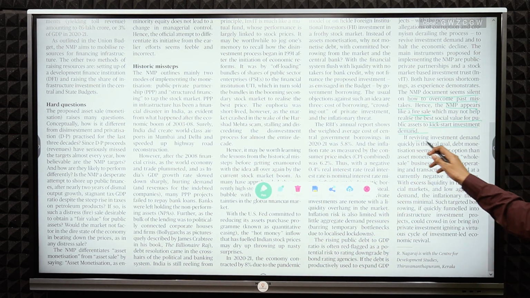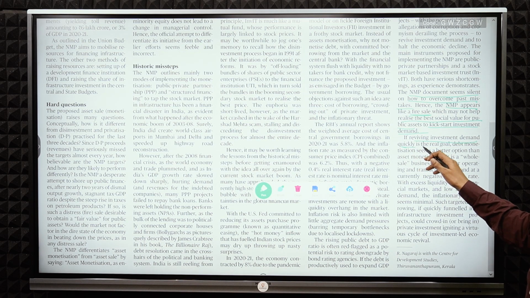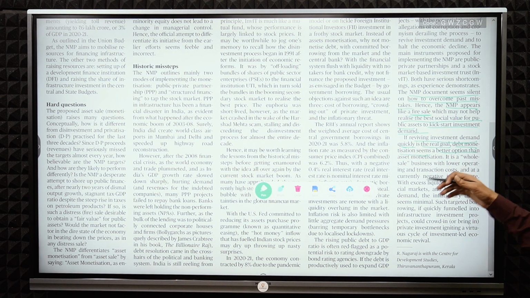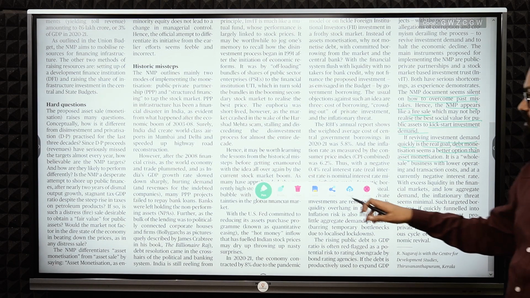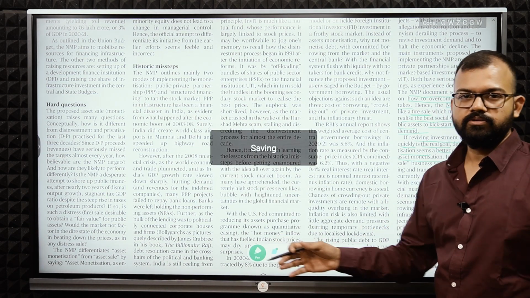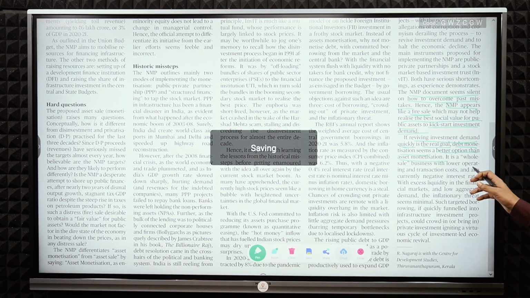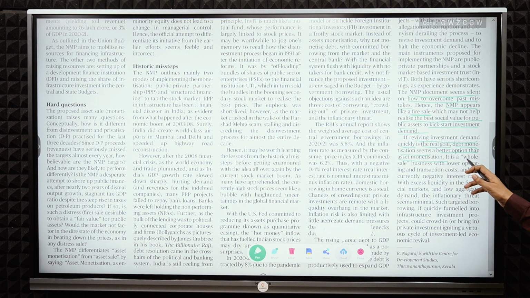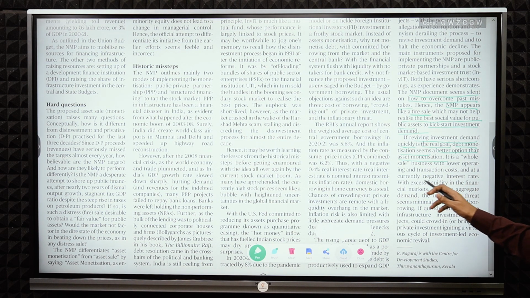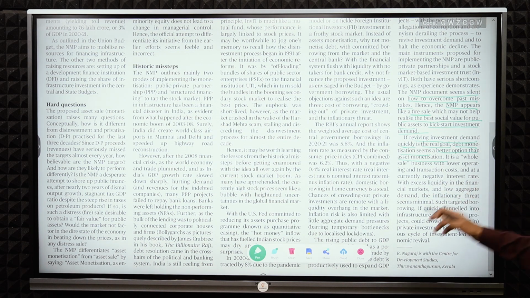Now, if reviving investment demand quickly is the real goal, debt monetization seems a better option, because debt will decline, and then the asset monetization, because if debt monetization happens, funds will come and then you can use them and debt will be reduced. So the simple thing is that wholesale businesses with lower operating and transaction cost at a currently negative interest rate